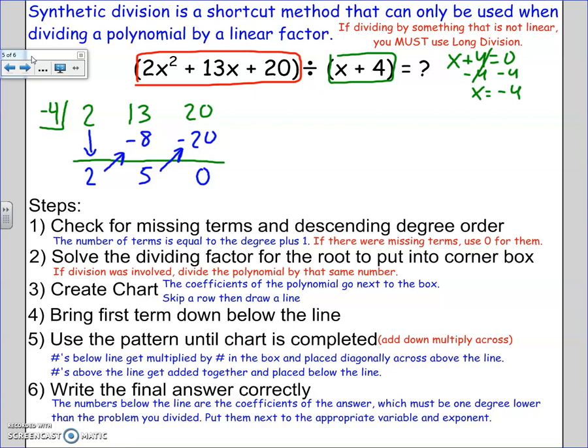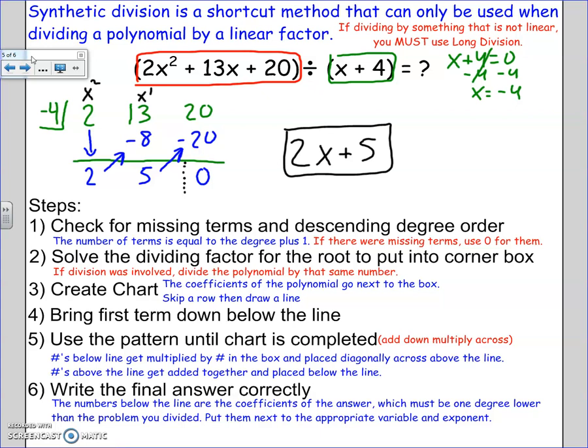So this first 2 was in the x squared column, but it goes down. So this first 2 in our answer goes with x to the first power. This 5 was in the x to the first column, but when you go down one, it's x to the 0. So 5 has no letter, and the last number is a remainder. Sometimes people put a dotted line here to show you that's a remainder. That's the answer. So 2x squared plus 13x plus 20 divided by x plus 4 is the same